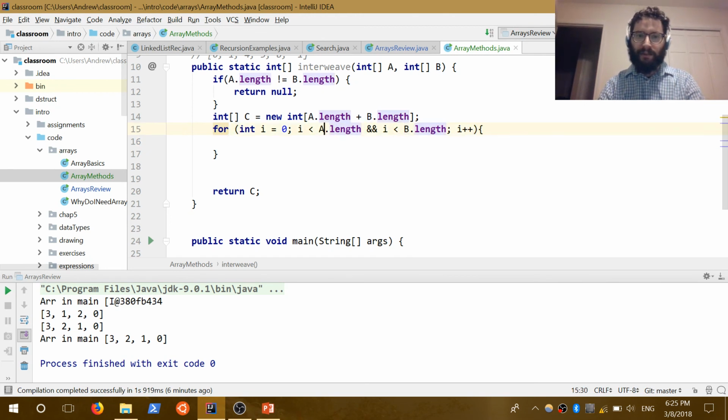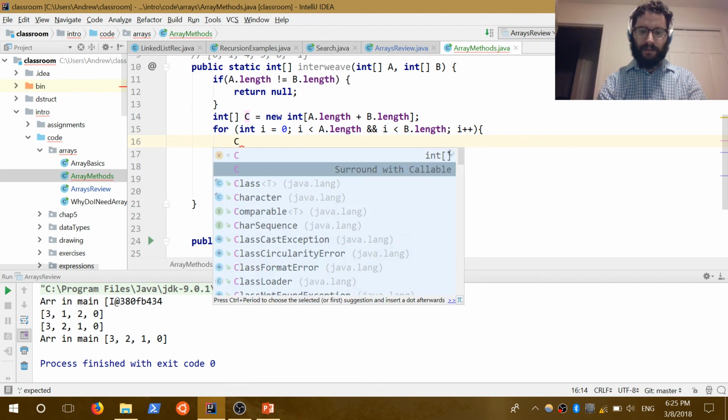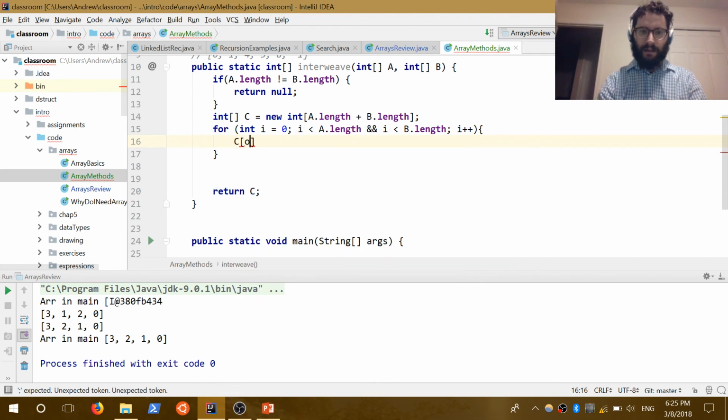So int i is equal to 0. Int i is less than a dot length. Okay. So now, what are we going to do? We are going to first take, okay, this is going to be a bit weird. So can I do, and this might be something where you do trial and error. So c is equal to, so let's say c[i] is equal to the